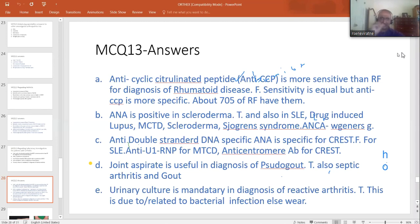Anti-neutrophil cytoplasmic antibodies are present in Wegener's disease. So these tests you must know: ANA, ANCA, and anti-CCP. Things I'm sure you know from medicine, but we better brush it up. So anti-double-stranded DNA is specific